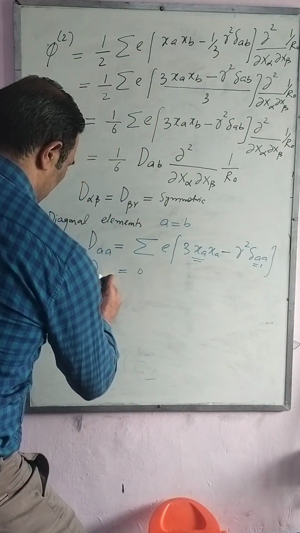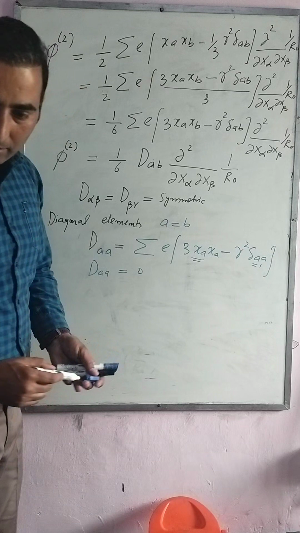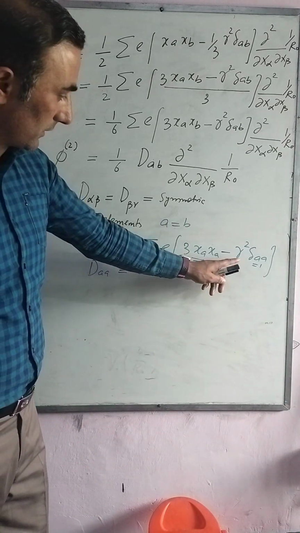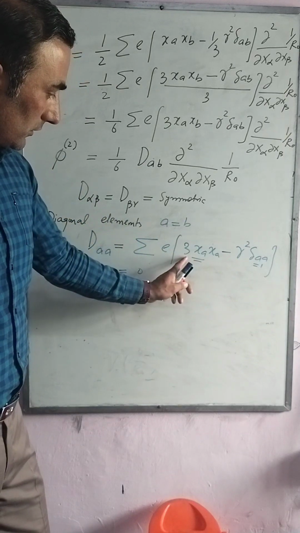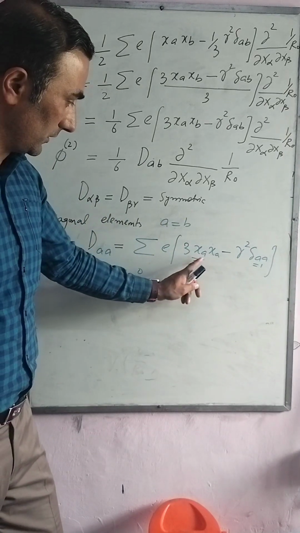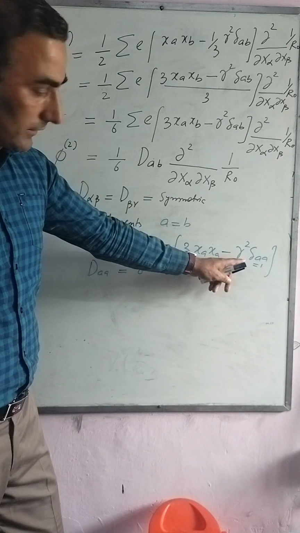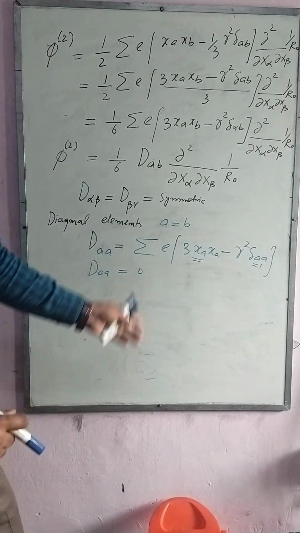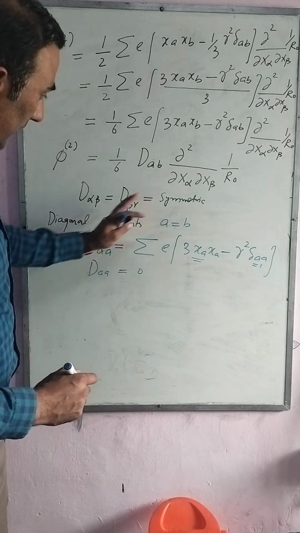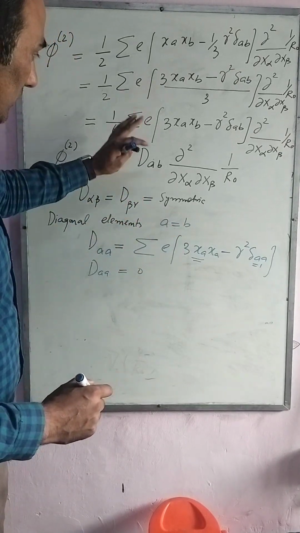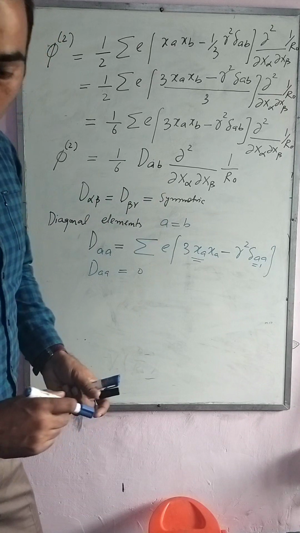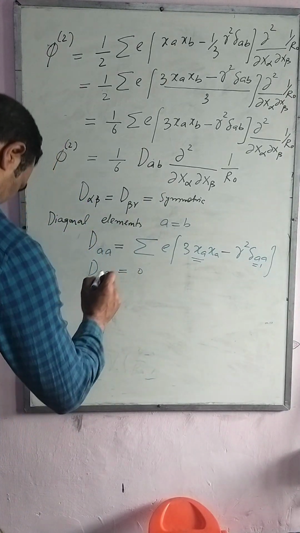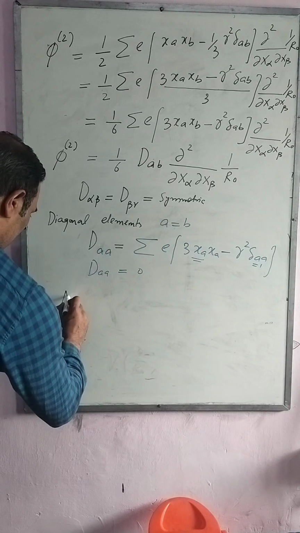Because if you remember, this can be written as 3x square, right? Or this is 1 by 3. So this will be 3x square minus 3x square, right? So this will be equal to 0, right? So this is 0. So that means the diagonal elements in this quadrupole, this second order tensor, all those will be 0, right? Now if you talk about in three-dimensional space, now in 3D space,